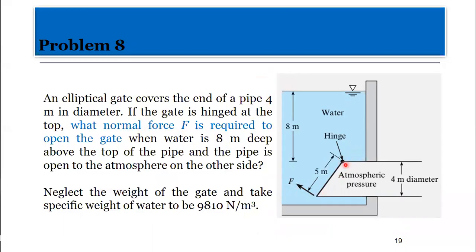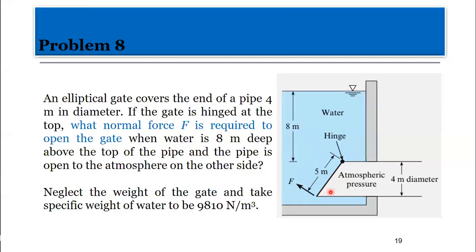This is the gate, and this is the pipe. The pipe is not cut straight, it's truncated in an angular way, right? By a certain angle. So we are trying to find the normal force that will be required to open the gate, because remember there will be water pushing it down to close it, right? Good. So if that is the case,